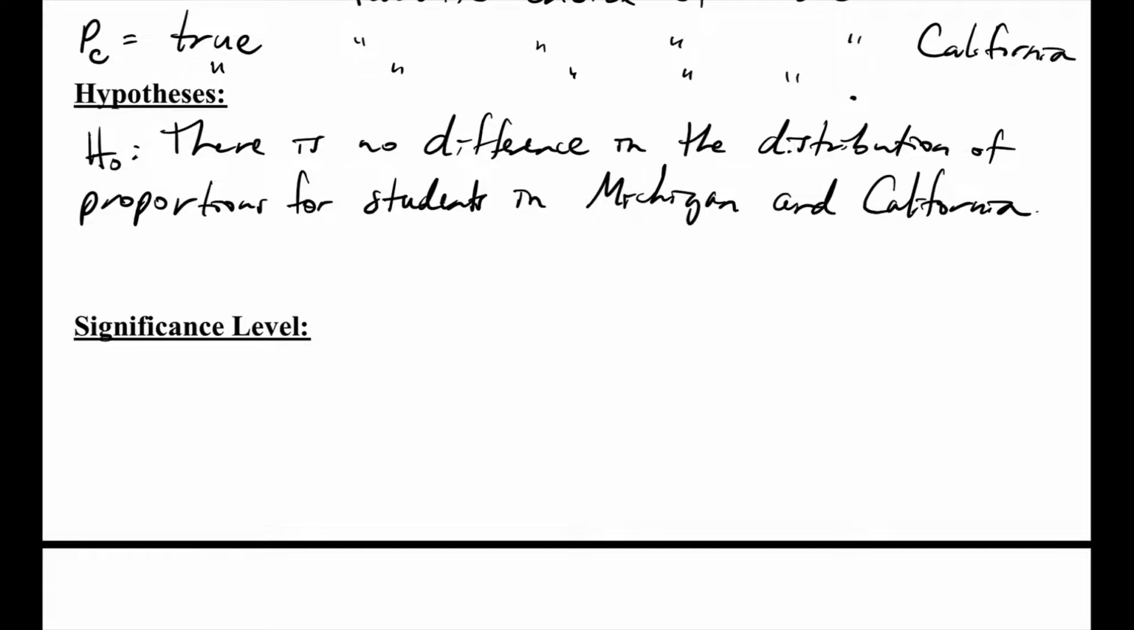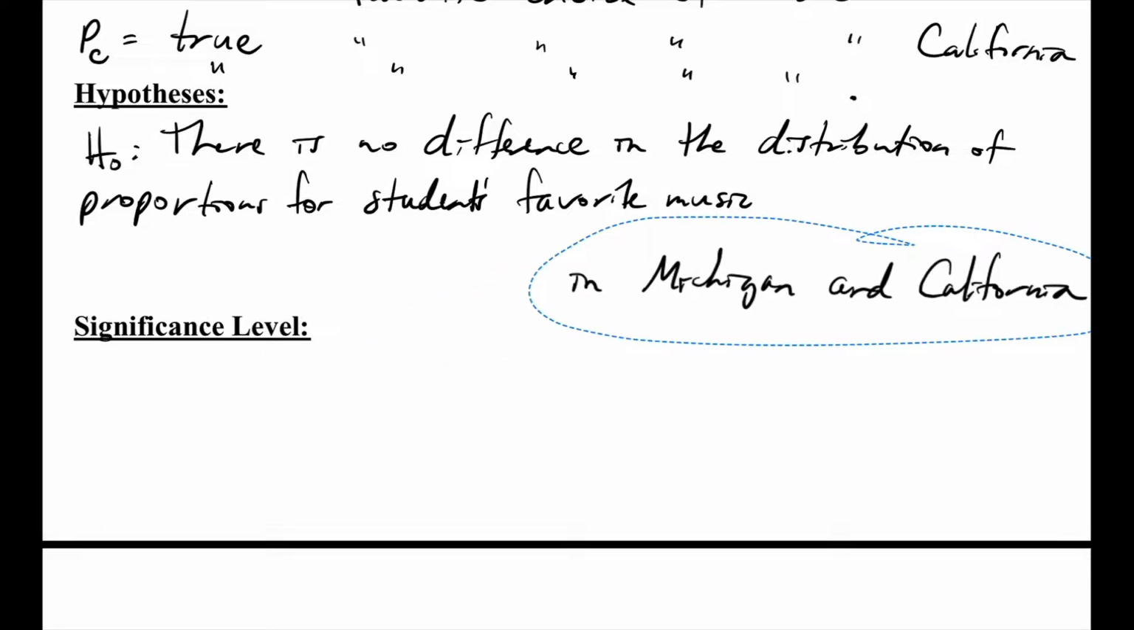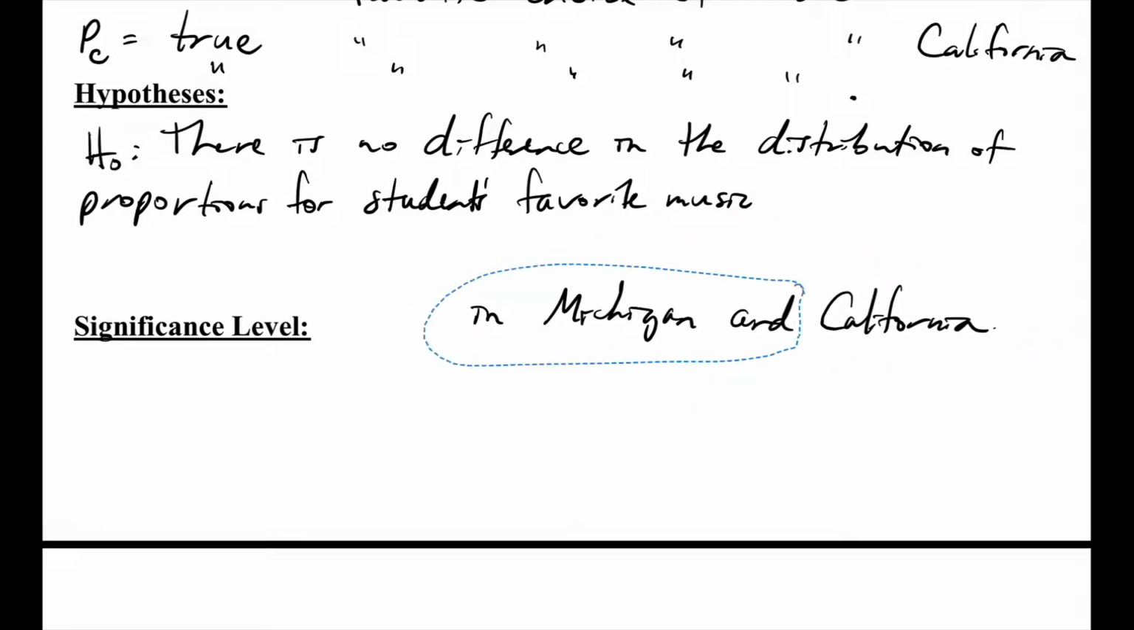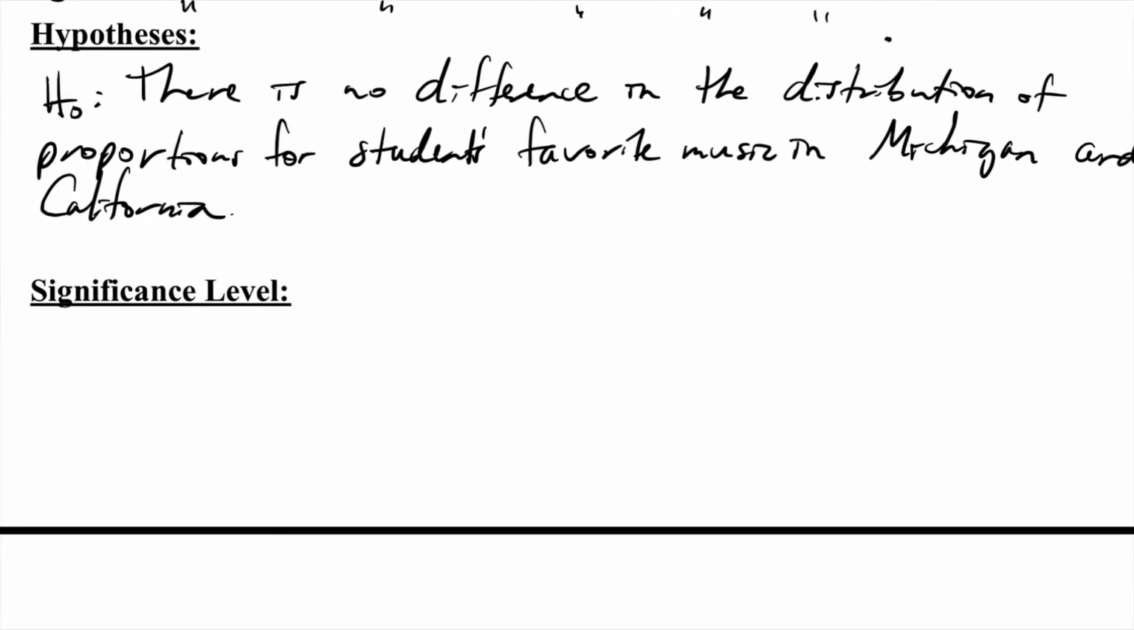Okay. There's no difference in the distribution of proportions for students. I forgot, big chunk for students. Favorite music. Michigan and California. Okay. Hypotheses, that's the null. Alternative,